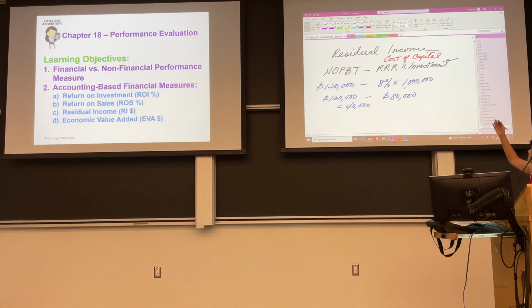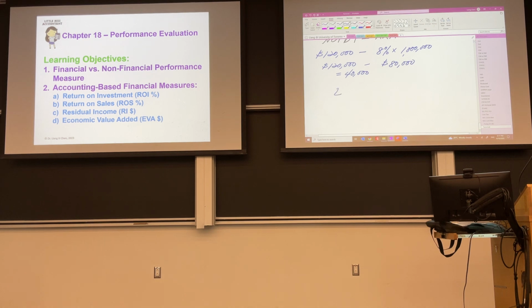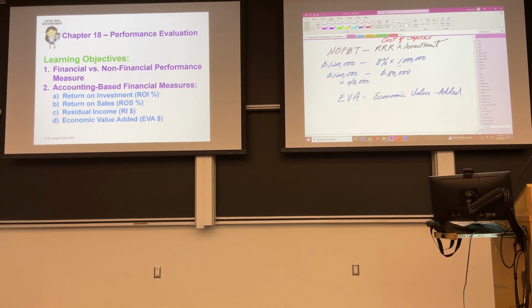The other one is called economic value add, EVA. It's the same as the residual income approach in how we do it, but the number we take is different. If you add value, you should get rewarded. So how do I calculate this? Instead of using net operating profit before tax, because we live in the world, we have to pay taxes. Usually we subtract interest, then we pay taxes. But here, listen, we reverse the order. We pay tax first.